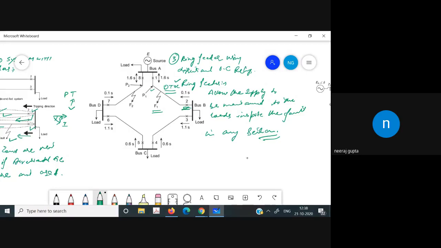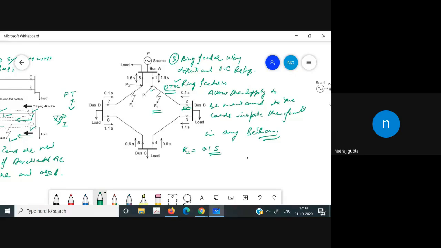So this relay 2 will operate, and it is the fastest kind of relay, as it doesn't have any selectivity issues that we have discussed in the last lecture also. So let us choose the operating time of this relay 2. Let the operating time of relay 2 be 0.1 second. We have chosen the operating time as 0.1 seconds.